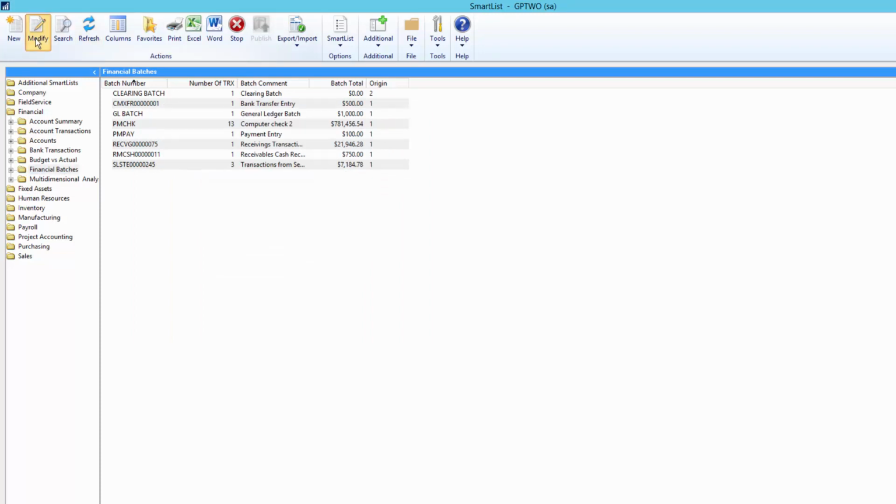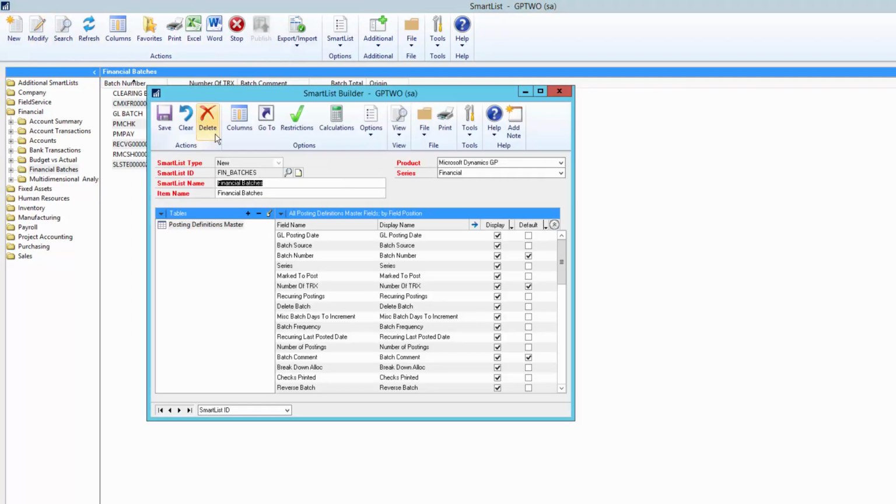I'll click Modify to get us back to that setup. And I'm going to sort this by the default status to put our columns on the top that we have marked. And now to simply rename those columns, I can just type over the display name. So you can see as easy as that, I've changed the display name.